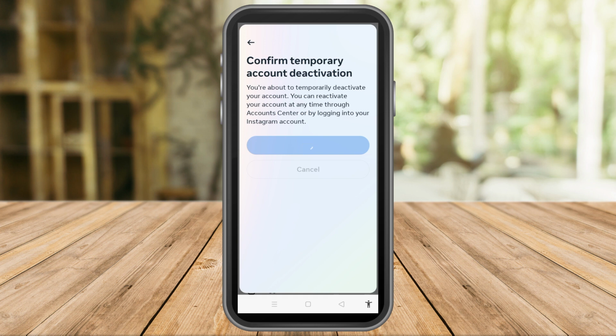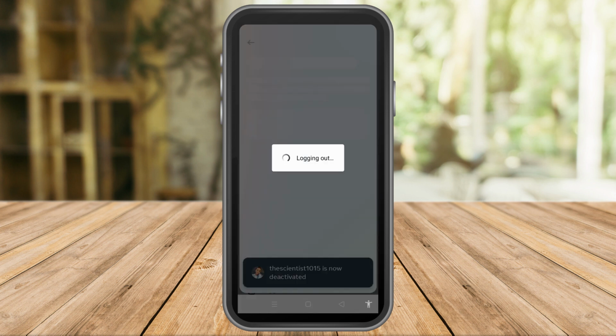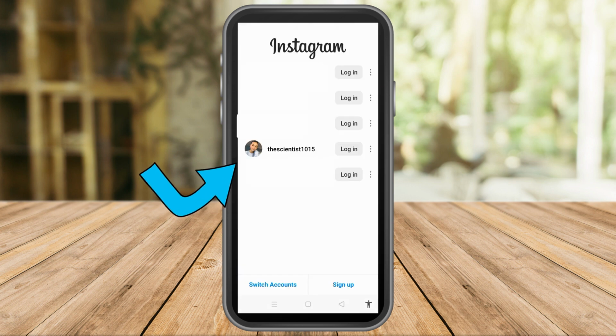So let's go to our tutorial. So in order to reactivate your account, and if you're using the same phone device, all you have to do is to tap your account here, your name here, and your Instagram account will be reactivated automatically. Or you can just simply tap or type your email address and your password, and you can easily reactivate your